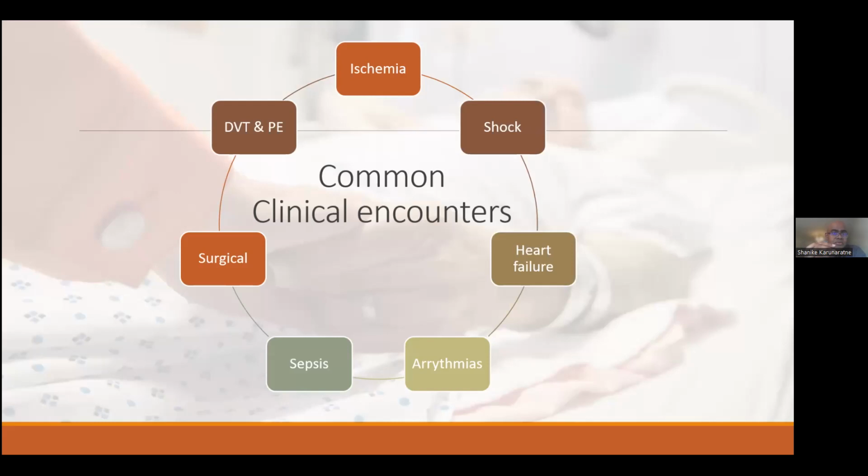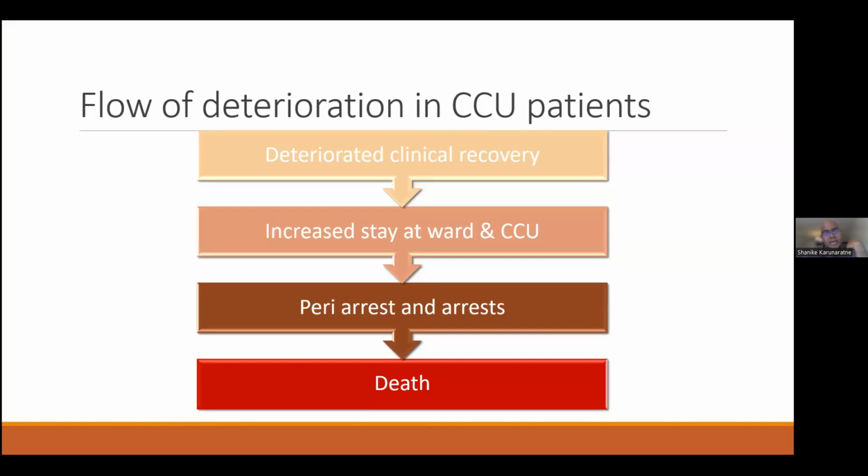Sometimes underdiagnosed DVT and pulmonary embolism could be very common in our setting because we may not be knowledgeable about it. So these are the common clinical encounters in which a patient could easily deteriorate in a CCU setting. So what will happen in a deterioration? They will have deteriorated clinical recovery, so increased stay at the ward and the CCU, going into a peri-arrest and arrest and subsequent death. So we have to identify it very carefully, not to let them go into this vicious